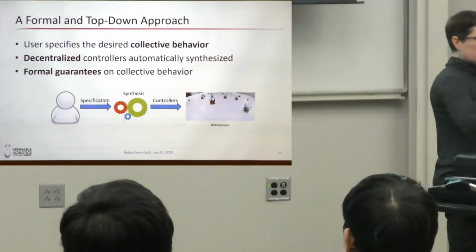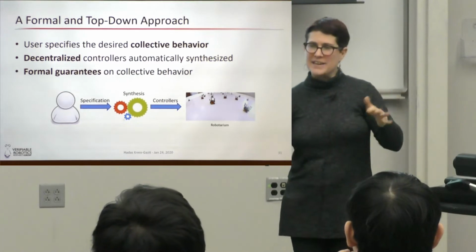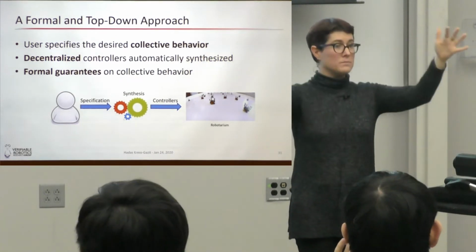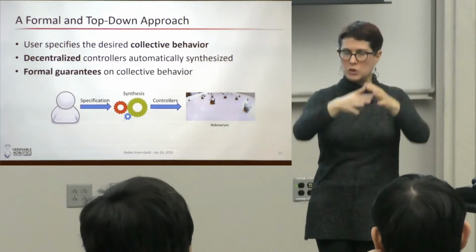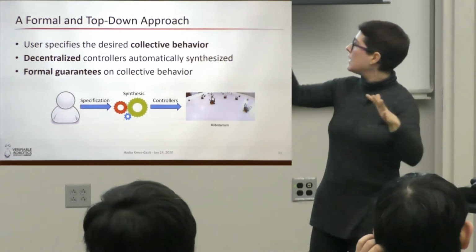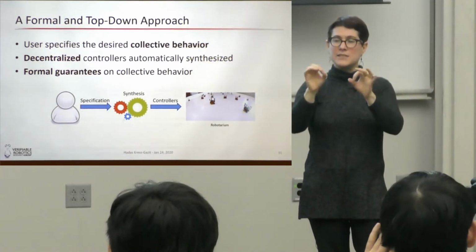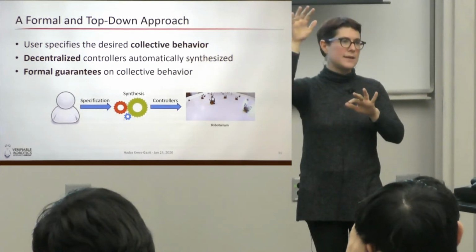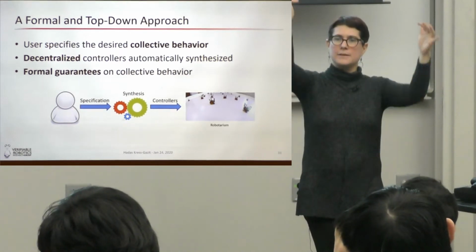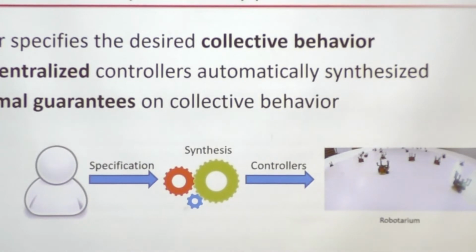What we did was to look at the opposite kind of directionality. I want to write a high-level specification for the swarm. And when I say swarm, I don't care about individual robots. I don't actually care how many there are. There could be 10, there could be 100. I want to write a specification for the whole swarm, and automatically generate individual control laws for the different robots that satisfy that high-level behavior. So it's the opposite direction. You have a specification, we synthesize, and we get controllers. And the controllers are continuous controllers, so it's going to be velocity commands, for example.